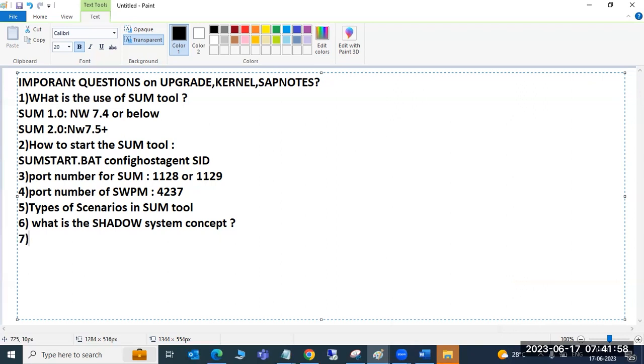Okay, then the SUM roadmap steps. How many SUM roadmap steps do we have? 6. Extraction, configuration, checks, pre-processing, execution, and post-processing.